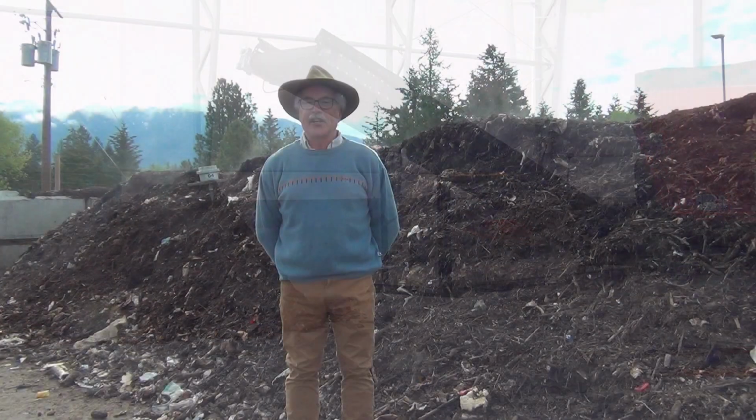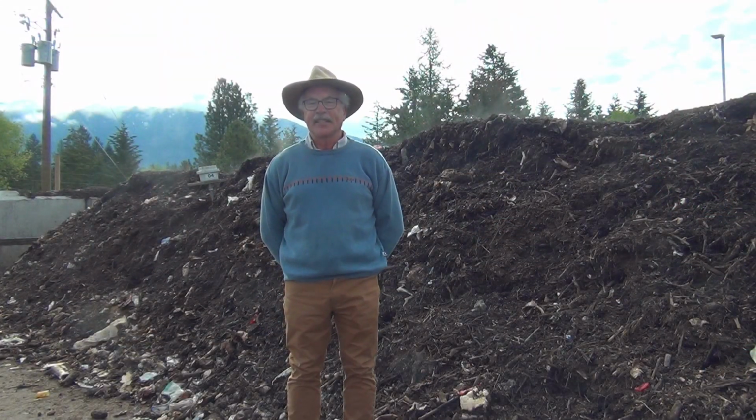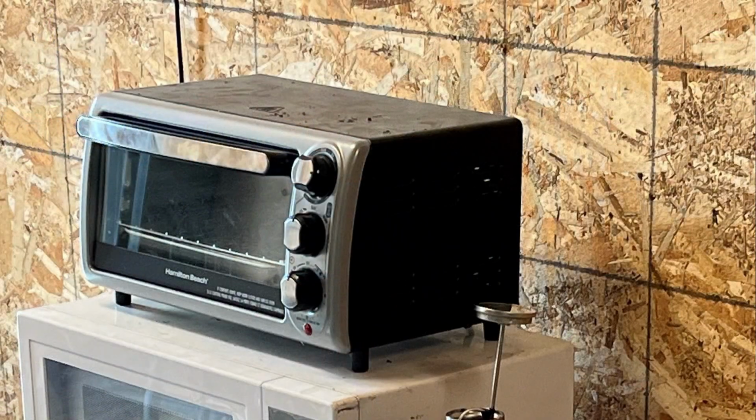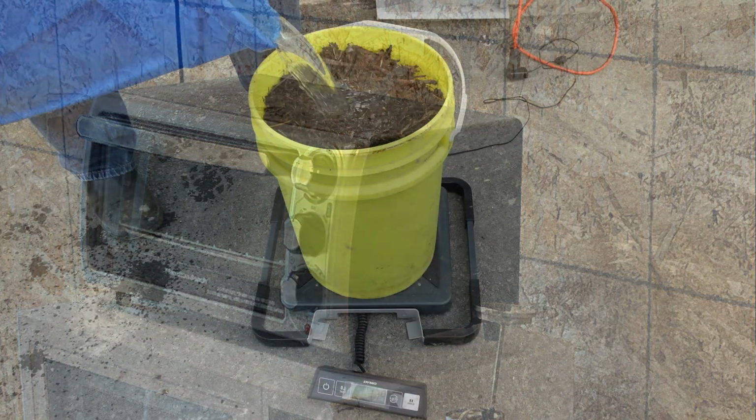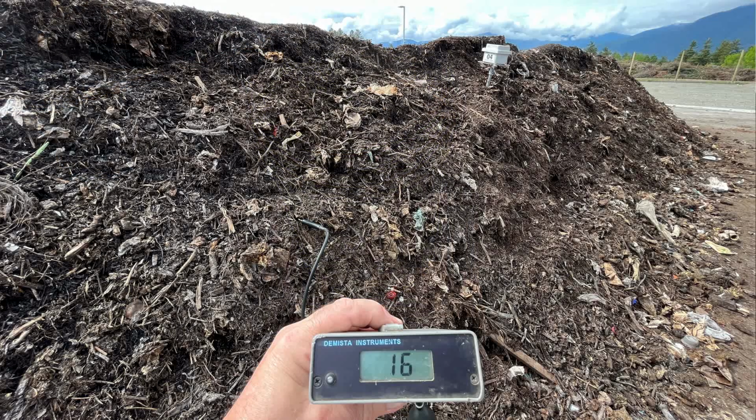We taught the operator that her job was to keep the microbes happy and provided tools for this. We provided equipment and training for measuring moisture content using a toaster oven. We taught her to measure air-filled porosity and bulk density using a bucket and scale. And we provided her with an oxygen probe so she could make sure there was adequate oxygen for the microbes